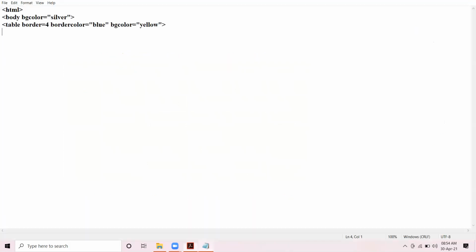That means TR, TH, colspan equal to 6, timetable, and close TH. Okay, clear up till here? Now moving further.